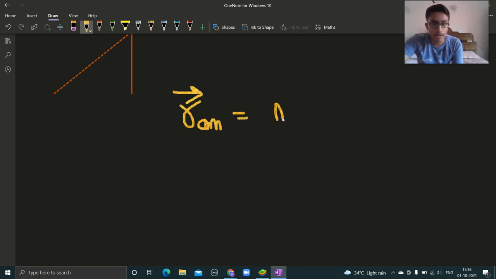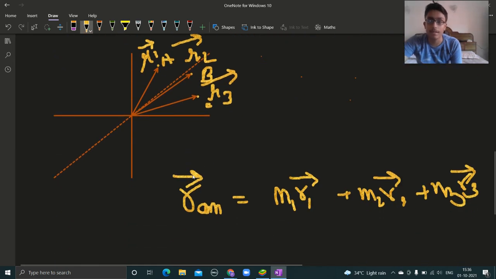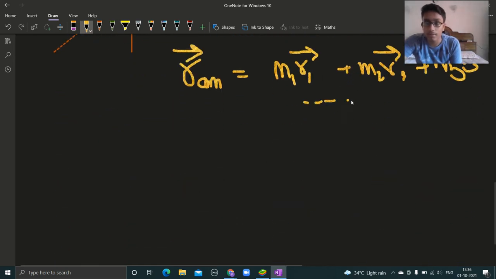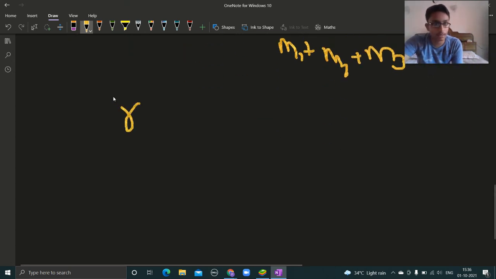R COM is equal to m1 r1 vector plus m2 r2 vector plus m3 r3 vector. Obviously these are only 3 points. It can be infinitely many points. So we can just take it like that. And it's divided by m1 plus m2 plus m3, and so on. So it comes like R COM is equal to,